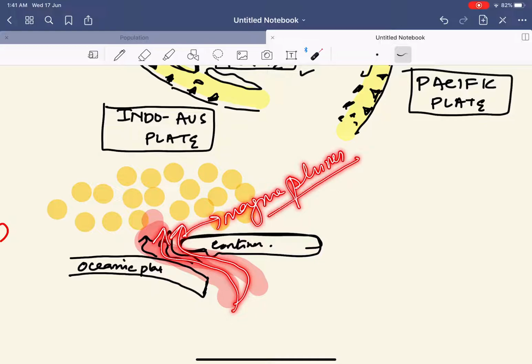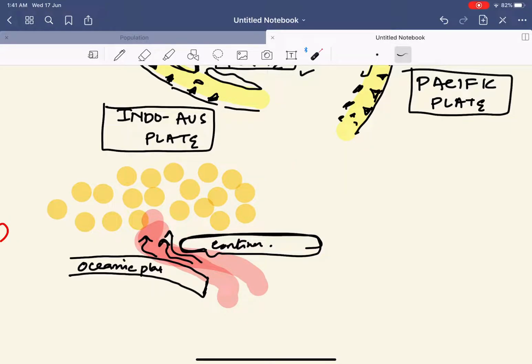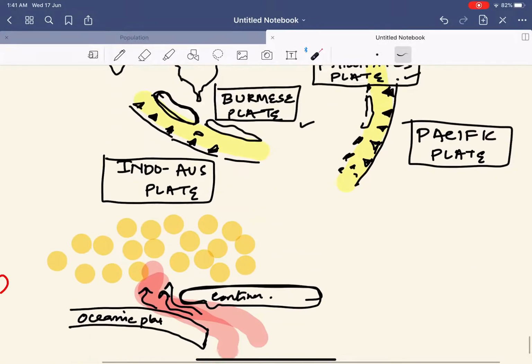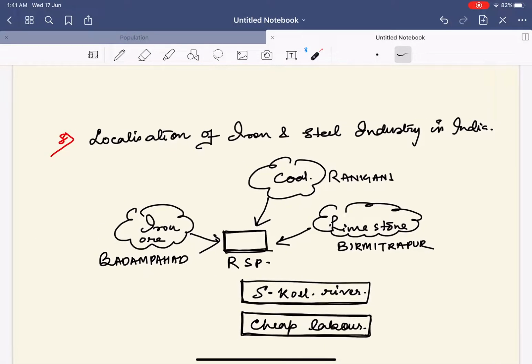What are these magma plumes? Magma plumes are nothing but the lava that rises from the asthenosphere due to the gap formed as a result of the submergence of the oceanic plate beneath the continental plate. It is simple. Next. I have not discussed other questions because they were direct questions, but I am